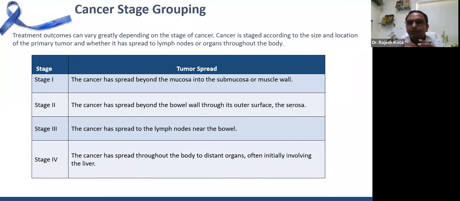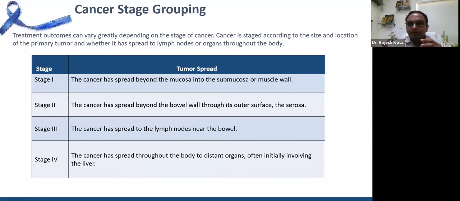Radiation is usually used for rectal cancers only, whereas for colon cancers, most of the times we use either surgery alone or surgery and chemotherapy. So stage 1, 2, 3 of colon and rectal cancers are curable. Stage 4, that is cancers that have spread to distant organs, are technically incurable, but still we can try to